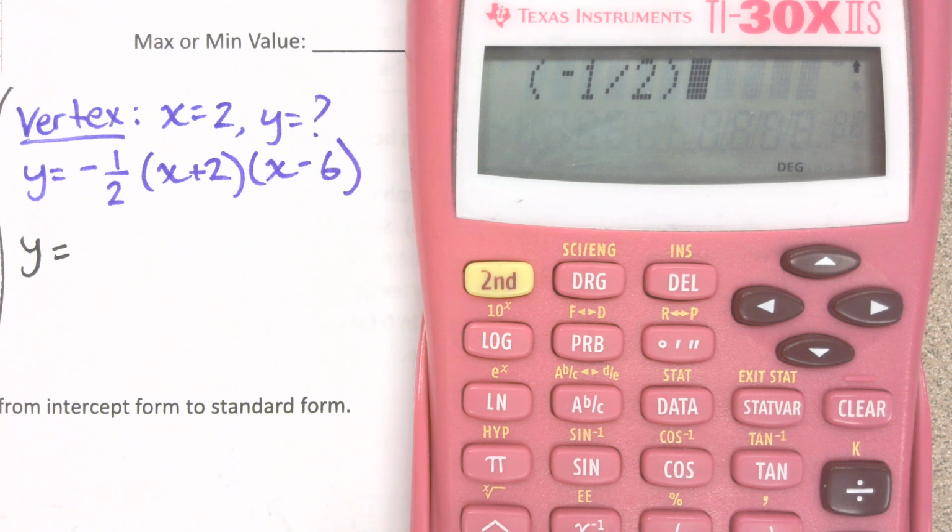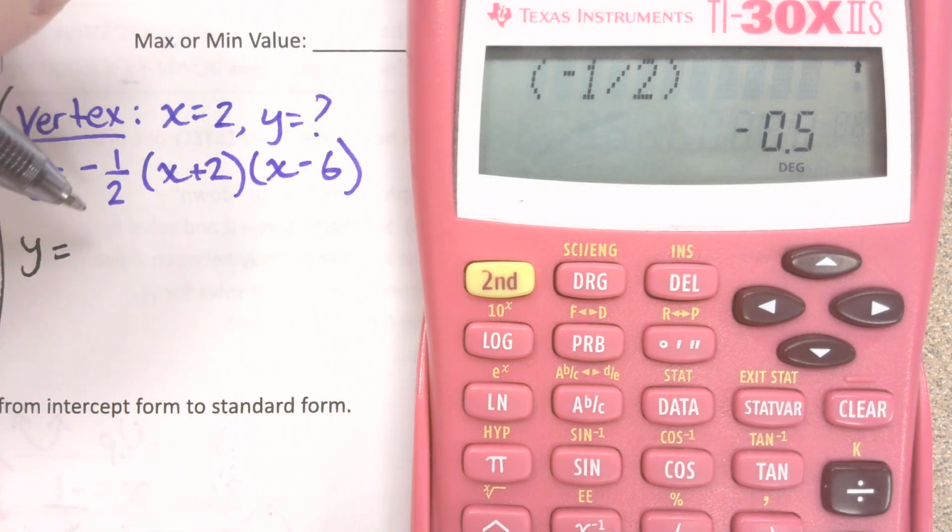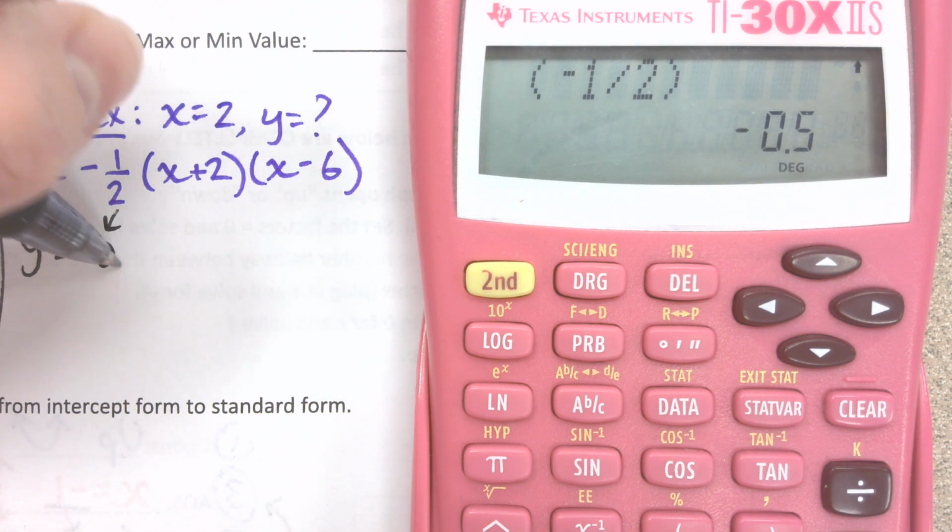So to avoid that problem, let's not even use the fraction. This is a beautiful decimal, -0.5. That does not need to be put in parentheses. You can type it in just like that. So that's what I'm going to do. When I write this, I'm going to write -0.5